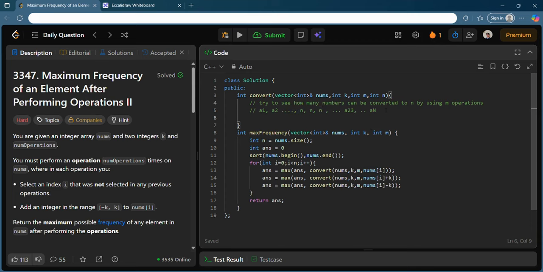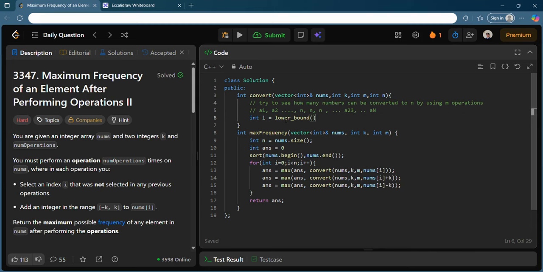So one thing I can do to count these numbers is to use both the lower bound and upper bound on this n. Let's find the index L. This index L will be nothing but the lower bound. I hope you know what lower bound and upper bound give in C++. If you are using some other programming language, you can use binary search.